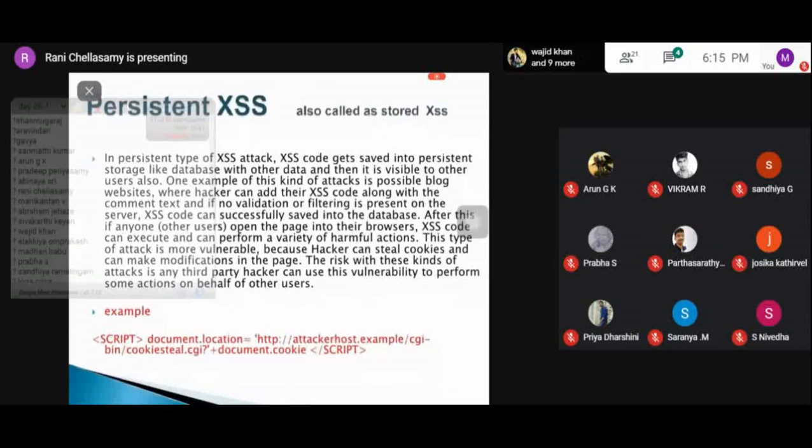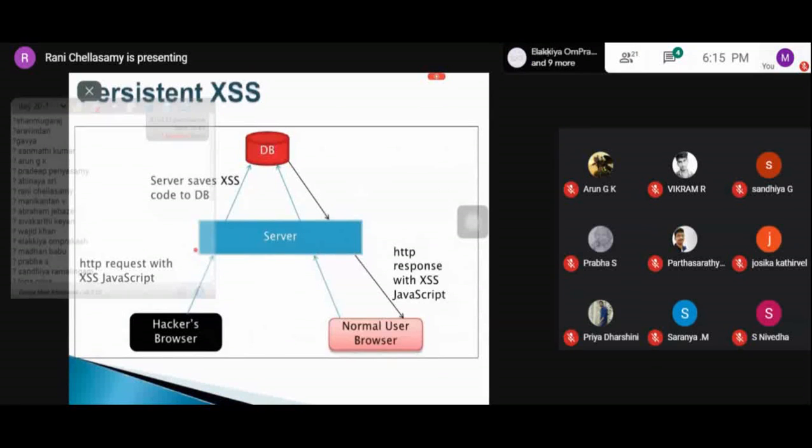It is visible to other users also. One example of persistent XSS is blog websites, where the hacker adds some XSS code along with the comment text.